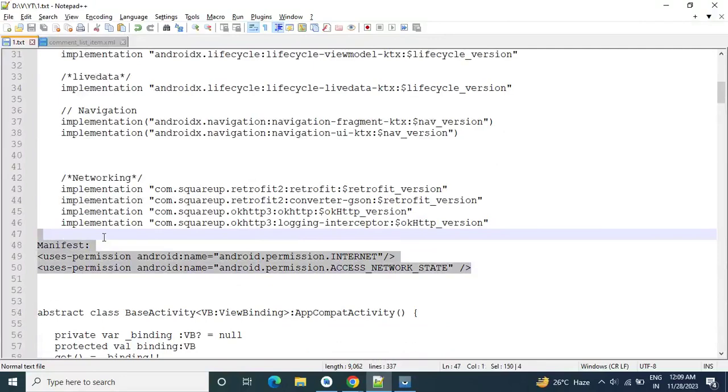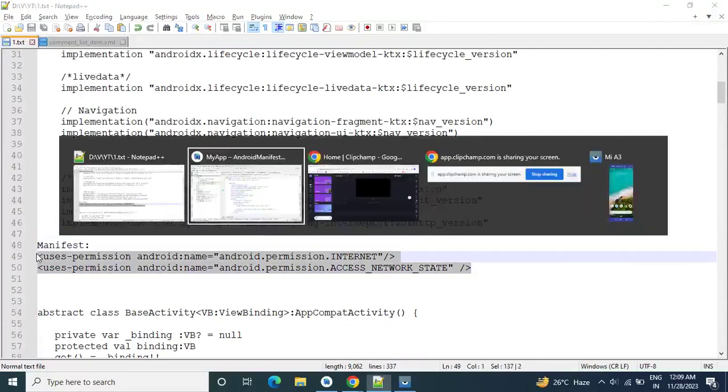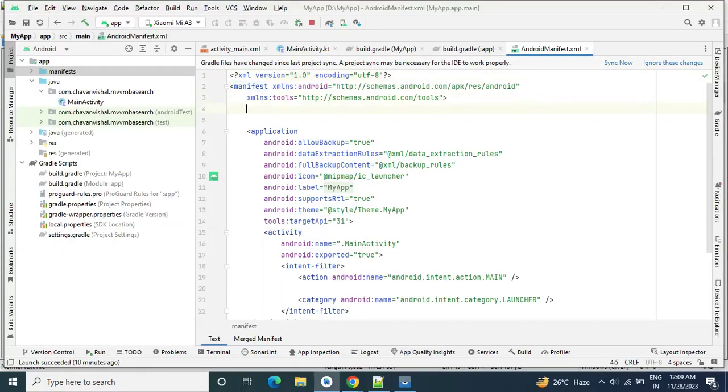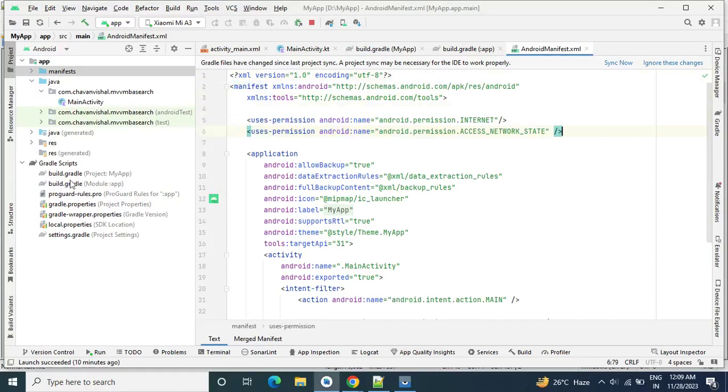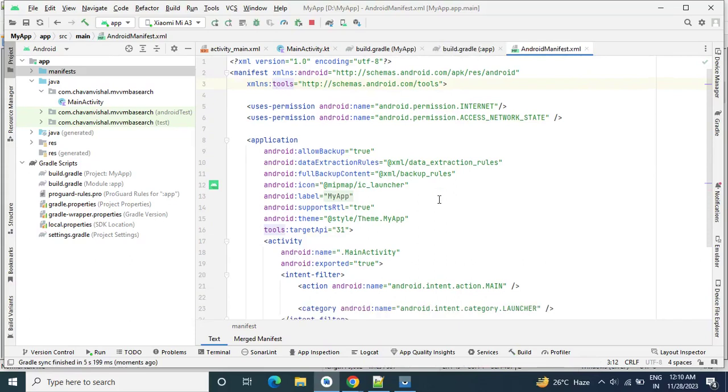Now I am adding permissions in our manifest file. Okay, so we have added a few plugins, dependencies and permissions. So let me sync the project. Yes, now let me run the project.